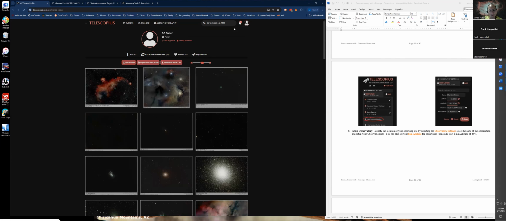And this is true with most of, or both of, these programs. To really get any good useful information out of them, you need to put your hardware in it. For that, you come to the equipment here. The reason will become more apparent later, but basically when you go to look at an object, you want to know what it's going to look like in your telescope. By putting your hardware in there, it's going to give you a good representation of at least what the size of the object should be. So if we come here and click the equipment,